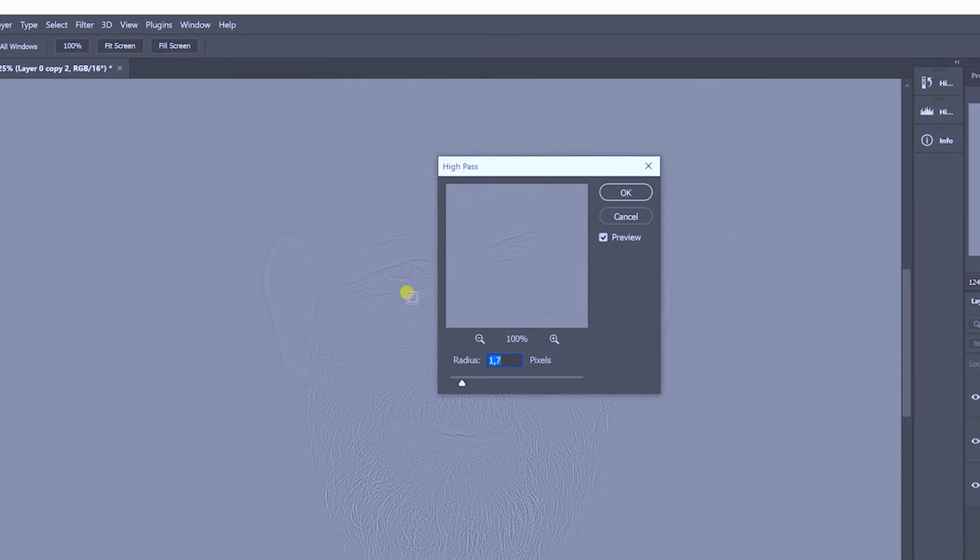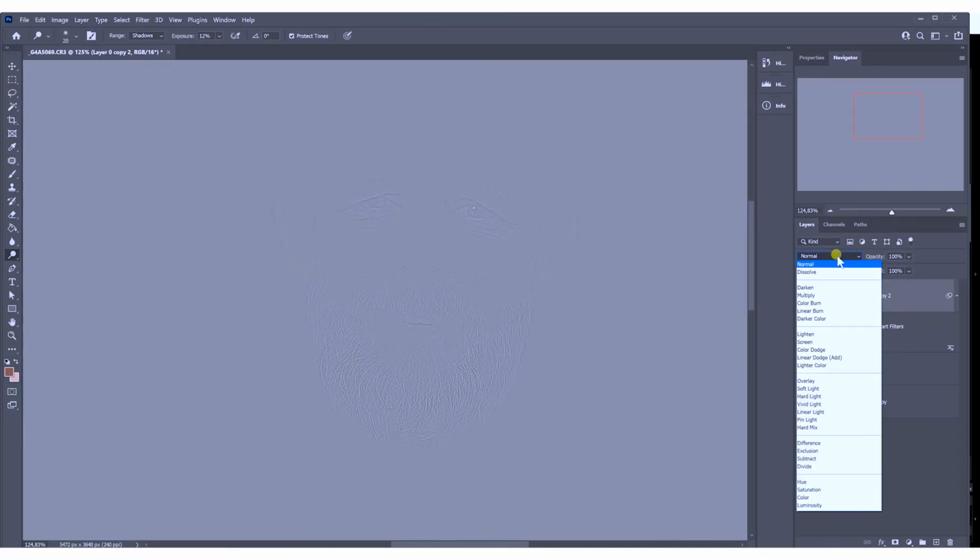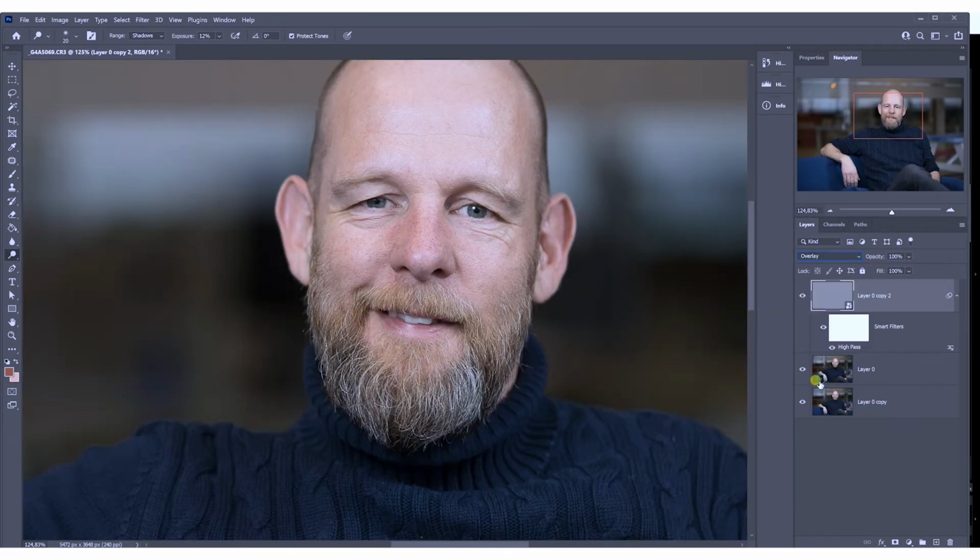You can see I can see my beard now, and here I see my eyes. And you just want to see the wrinkles. So this is too much. It's around 1.7%, but that all depends on the size of your picture. So I'm going to press OK. I'm going to put the layer on overlay, and in between these layers I'm going to put a new layer,